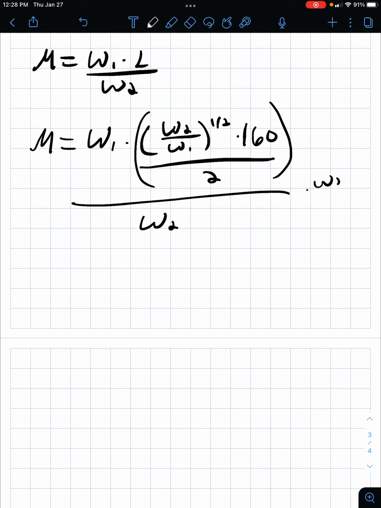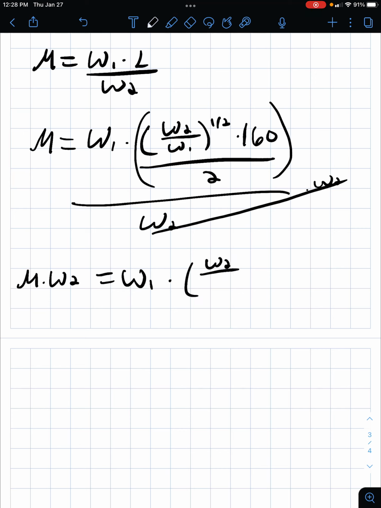Well, we multiply by W2, both sides cancel, so M times W2 is equal to W1 times (W2 over W1) to the 1/2 times 160 over 2. And then we can divide by W2 again, and you're going to see that we get M is going to be equal to